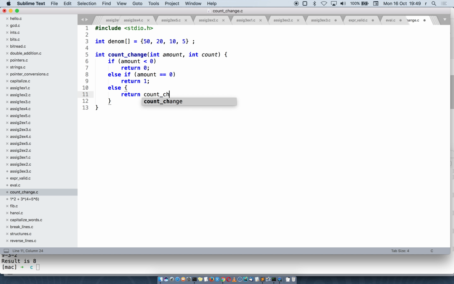return count change of, so either I use, right, of count. So we're going to start with a count of 3, right? Actually, this is wrong. I want them in exactly the opposite order. So 5, 10, 20, and 50, right? So amount minus denom of count, and we're going to start with a count of 3 here, right? Plus and count,